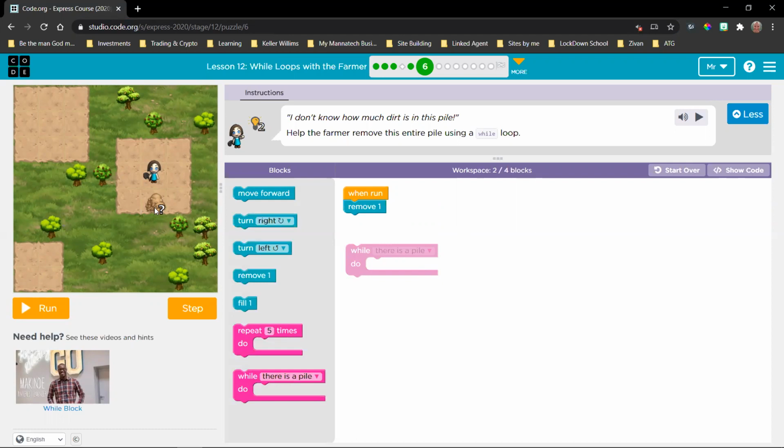Now we don't know how many shovelfuls there are, so we cannot say, okay, repeat remove one 5 times, because that will only work if there are 5 shovelfuls. But what if there are 6? Or what if there are 3 and we're trying to remove dirt where there aren't any for us to remove? We're going to be digging holes, which is also not what we want. Okay, so what we have to do here is we're going to first move so that we can be on top of that pile. Then we're going to say while there is a pile,